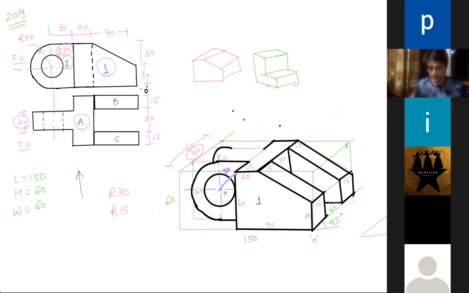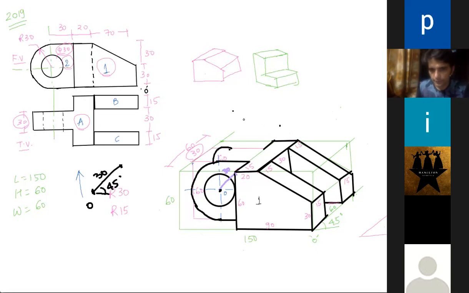Got it? This point is O, right? So from O you draw radius 30. Then you go inside by 30, like this. This is O now. So you go at 45 degrees. How much do you go inside? 30. And from that point again you draw radius 30.